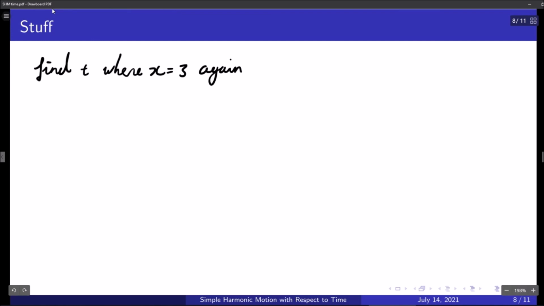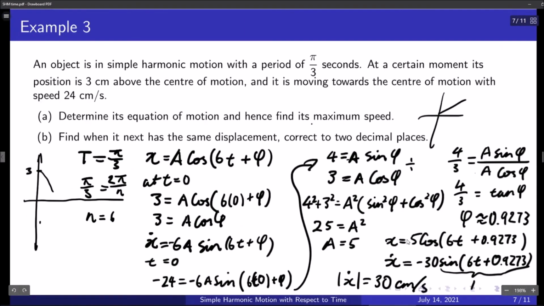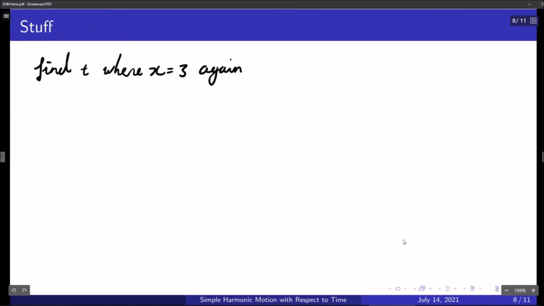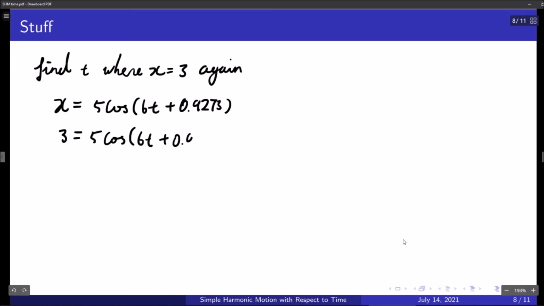Let's look at the equation of displacement again, which is x equals 5 cosine (6t + 0.9273), and of course when x equals 3, 3 equals 5 cosine (6t + 0.9273), and we end up with